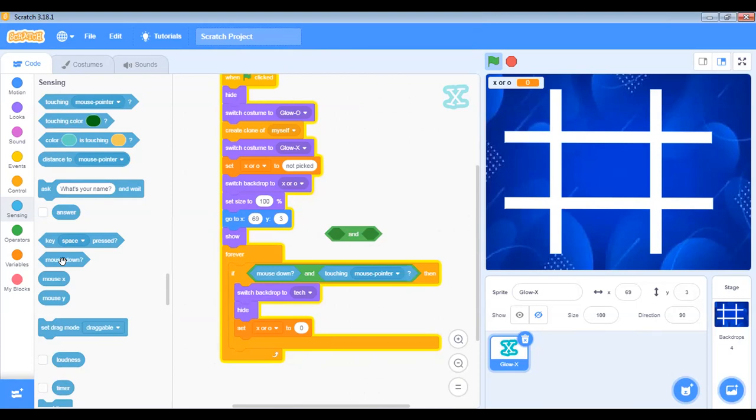What you're saying is, if any of this is clicked, if the X is clicked, do something. And that do something is the command that we are giving it: if this thing is clicked, switch backdrop to tech.